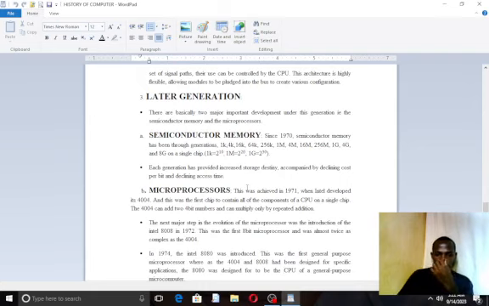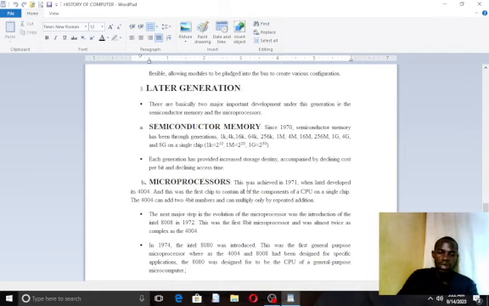Then there are the microprocessors. This was achieved in 1971 when Intel developed its 4004 processor, and this was the first chip to contain all the components of a CPU on a single chip. The 4004 processor can add two 4-bit numbers and can multiply only by repeated addition. I think we all know what repeated addition means. For example, if we were given 2 times 3, it just adds 2 plus 2 plus 2, 3 times,